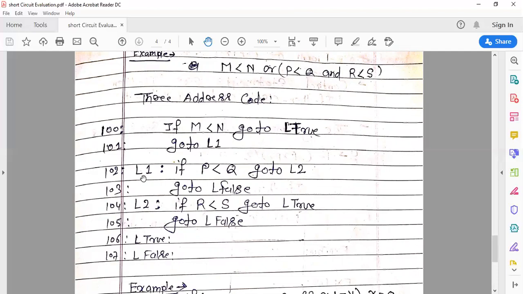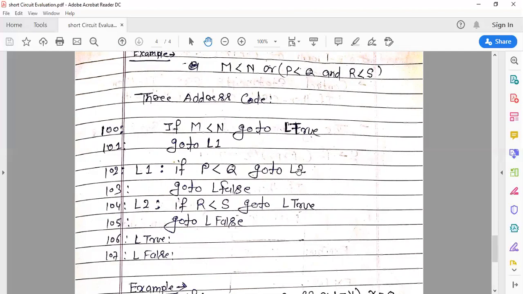So what is L1? L1 is here: if P less than Q. If this P less than Q is true, go to L2. If P less than Q is true, then you have to evaluate R less than S, whether it is true or false.